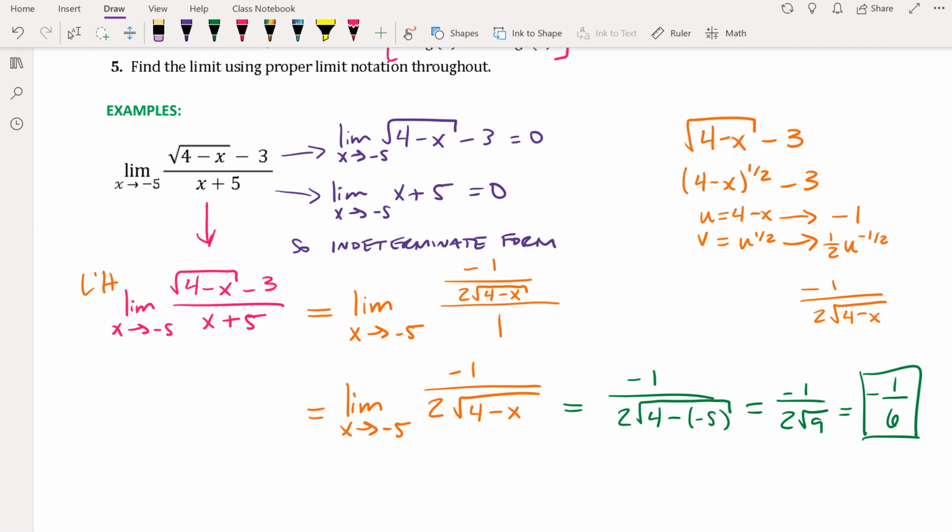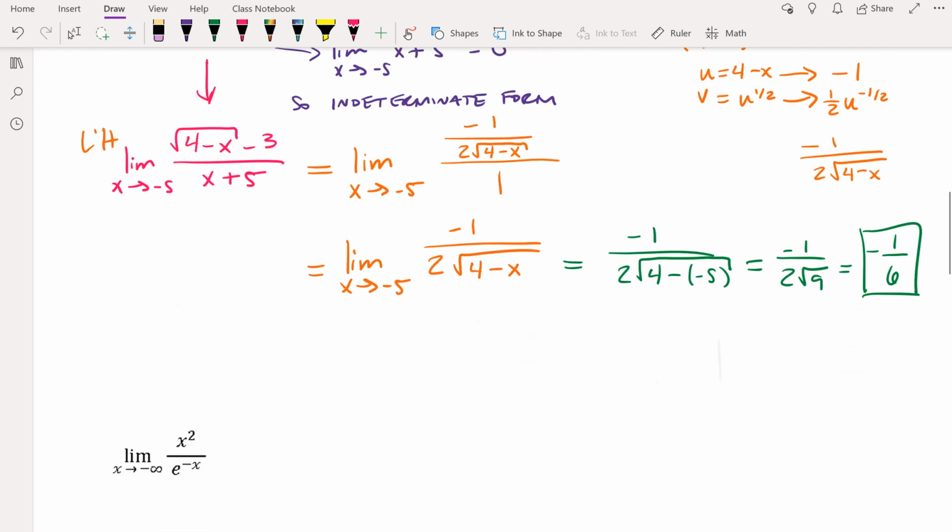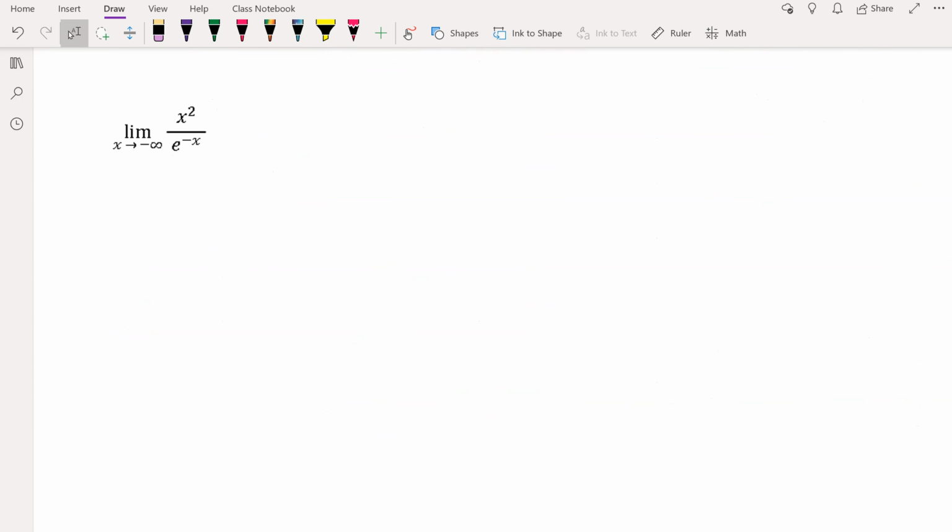Let's do another example. Here we go, write this one down. The limit as x approaches -infinity of x squared over e to the -x. Okay, so we're just going to go ahead and evaluate them separately, because we know that we're doing L'Hopital's today, so we're going to have to use L'Hopital's. But if we evaluate these separately,